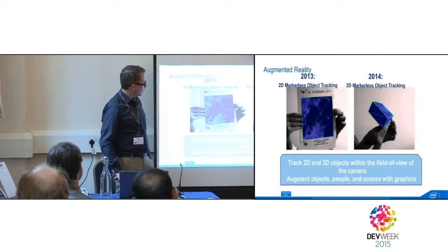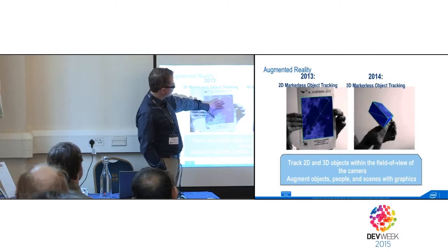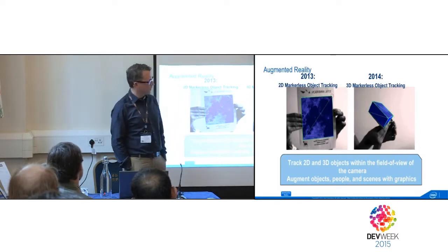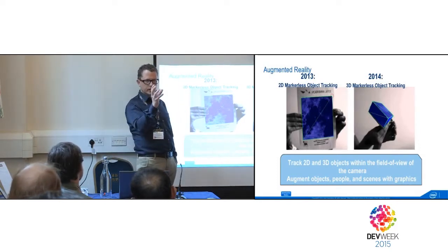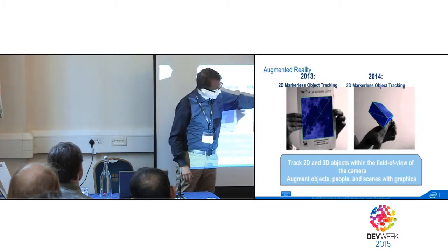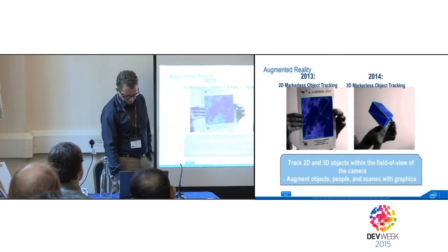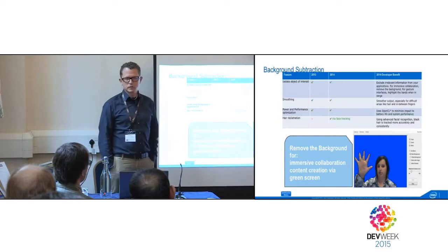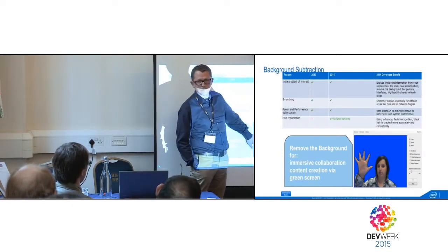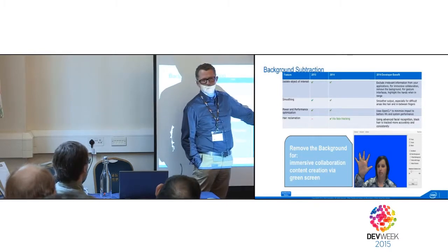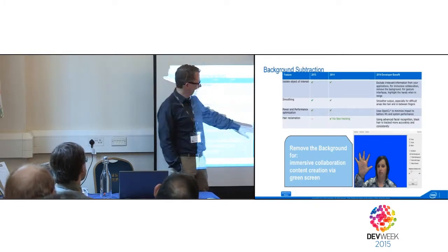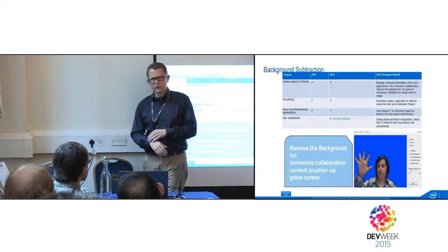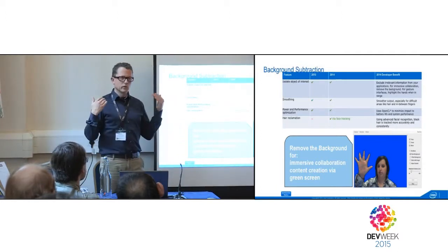Other thing, you can do some augmented reality. So you can track 2D objects in the 2013 version, but now you can also track 3D objects, right? It will detect if an object is 3D. If you move the object, if you turn it, it will track it. It will follow the object. Another application of augmented reality is background subtraction. So you can detect the face, you can detect the hand. That means you can remove the background, right? An application is, we did a test with Skype. So you can do a specific version of Skype and remove the background. So it looks like you are